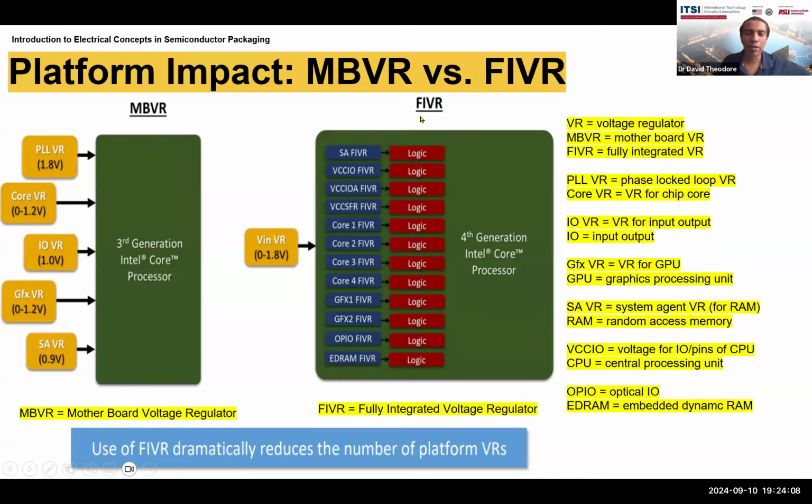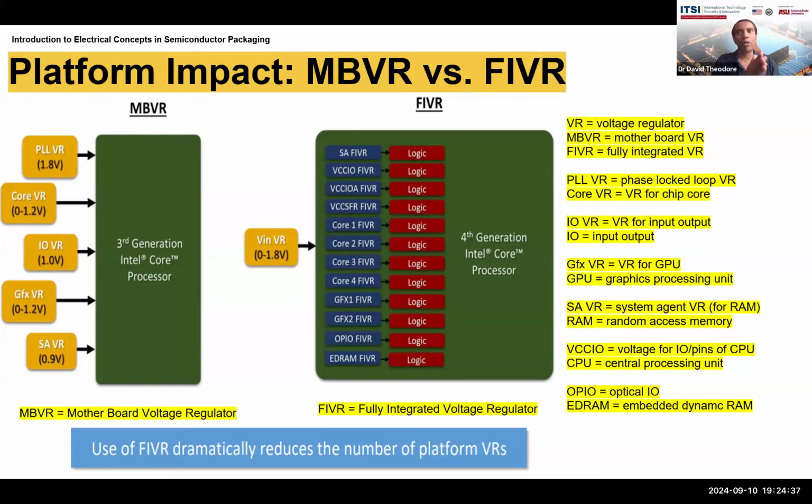In the fully integrated case, you have a bunch of these different FIVRs. They're smaller, but they handle specific parts of the chip. So here's an SAVR that's leading to logic. VCCIO, that's the input voltage FIVR. They've got a different one here. VCCIO is the voltage for the input-output pins of the CPU. OPIO, so there's a bunch of core regulators providing separate